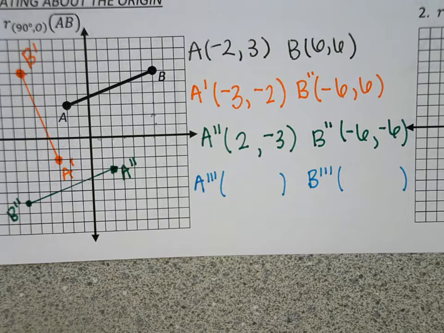So 270 is 3 rotations. And then we're going to do number 2 without the patty paper. Just using the